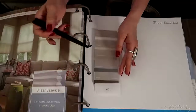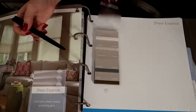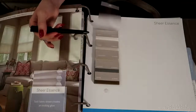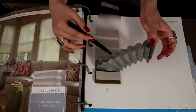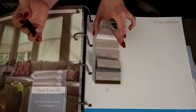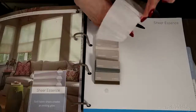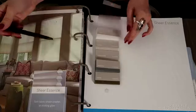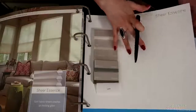So here's our sheer fabrics. Not too many of our customers pick sheer ones, to be honest, because they do have the lowest energy saving rating, but it is still an option for you. You can see there's no backing, so it will let light right through. Okay, especially in these lighter shades like the snow one. You can see that it's quite see-through, but at the same time it allows more picturesque views for your home if this is your choice and your wish. Okay,